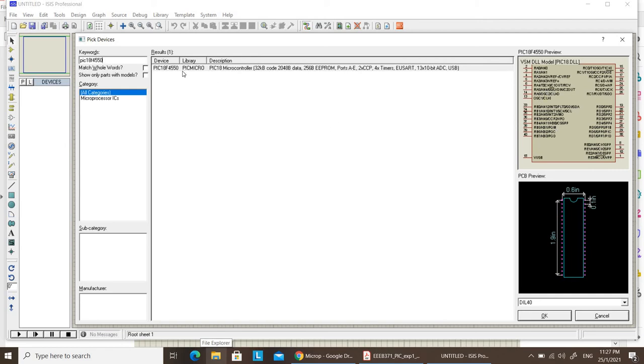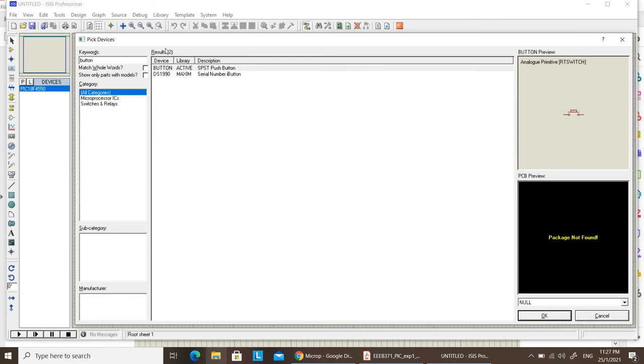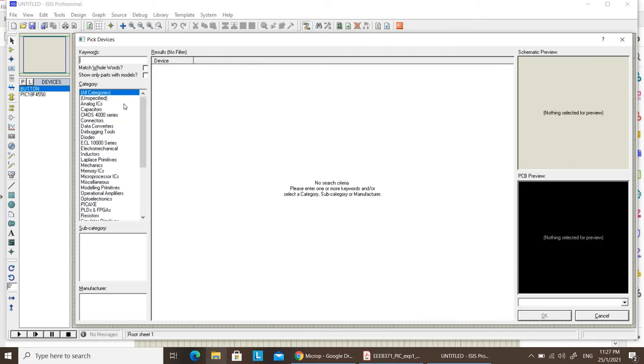You can see the preview. So what you do, you can just double click here and immediately you see it's added to the list of devices. So next, what do we need? We need to have button. So when you click on button, there is this two search results: single push, single throw push button. This is the button preview. So we're going to double click on this and it will be added up. And what else do we need? We need